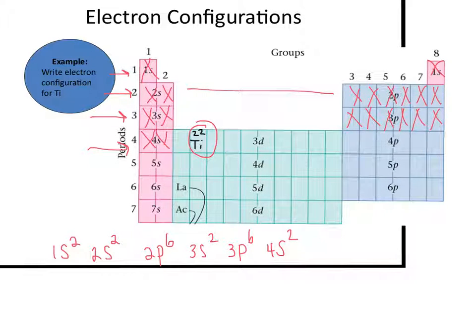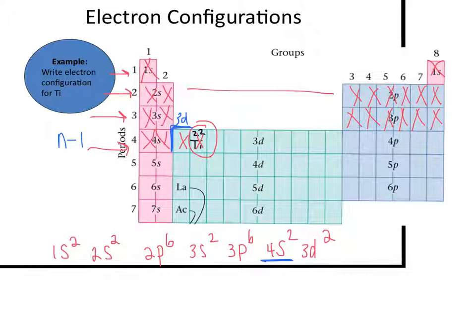And now you can see that we are actually entering into the D block for the first time. Remember that the energy level is really 1 less than the row that you're in. So this is the start of the 3D sublevel. And then we count over how many? 1, 2. When we do valence number of electrons, we're looking for the highest energy level, which in this case